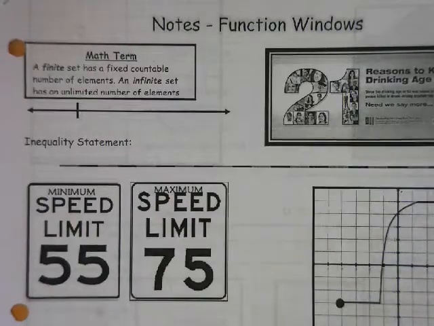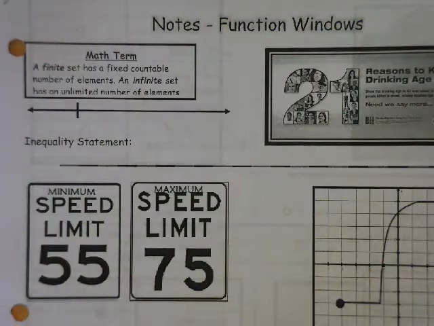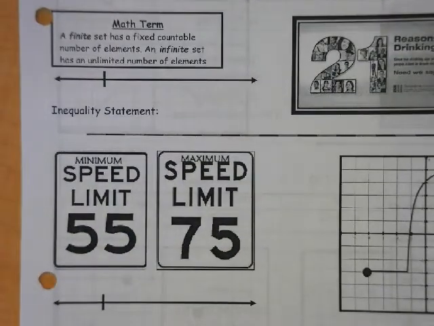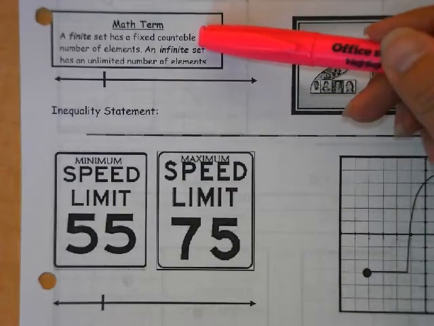Talk about something called domain and range today. Keep in mind, you don't have to write this down unless you just want to in your journal. We can just watch. Finite means we have a fixed or countable number of elements, meaning if, for example, when